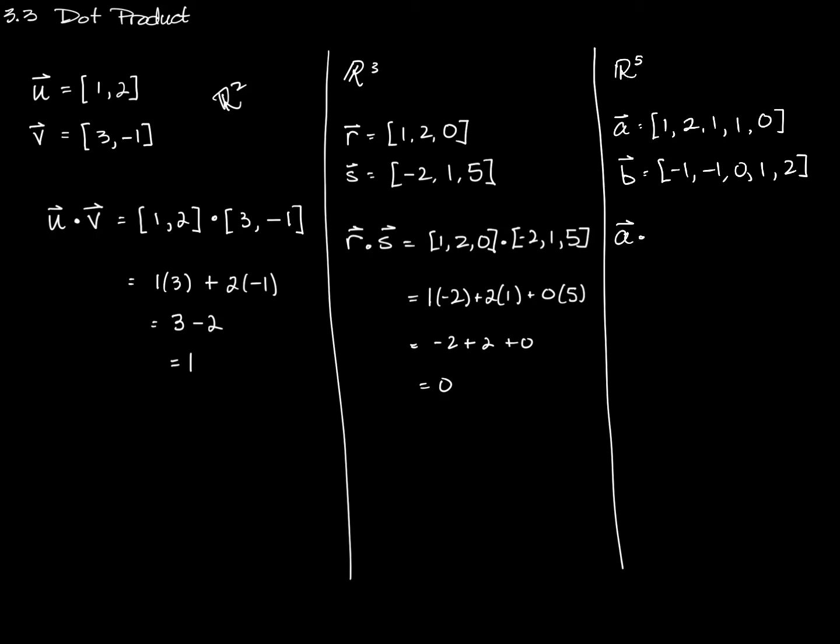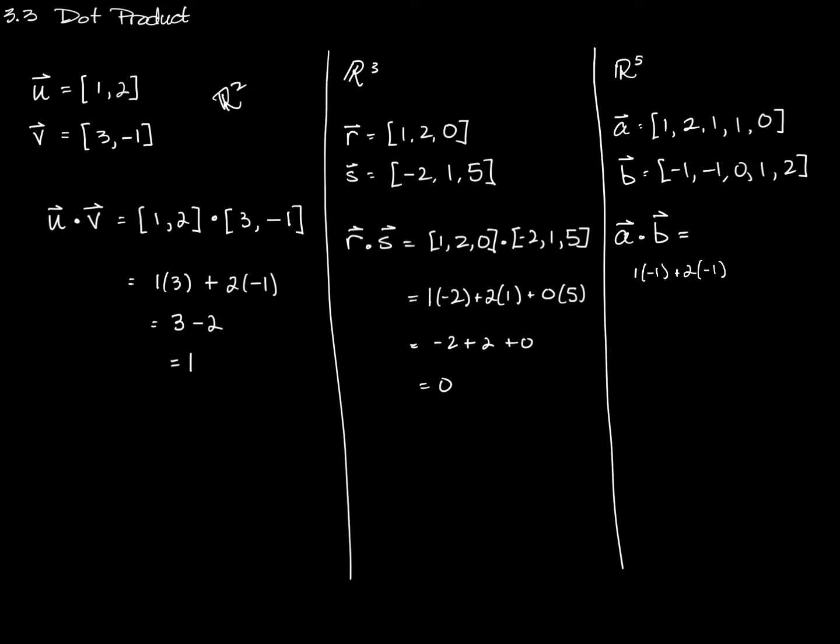Then A dotted with B, and I'm not going to write it out this way this time because I don't have room for one thing, but I think you get the point, and I don't really need this step. In fact, here they're already more closely aligned component by component, so I'm actually going to do it that way. I'm going to have 1 times -1 plus 2 times -1 plus 1 times 0 plus 1 times 1 plus 0 times 2. So I'll get 1, I'll do it down here, 1 times -1 plus 2